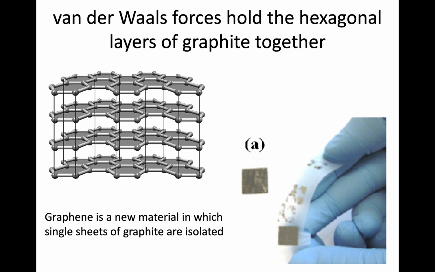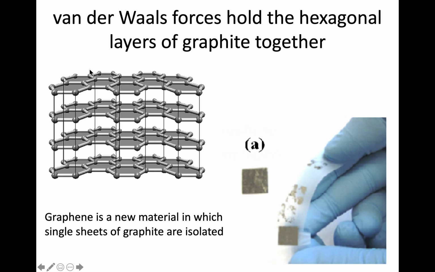All right, so those in-between bonds, these pi bonds from the leftover p orbitals, form van der Waals forces. So those are the weaker bonds between the hexagonal layers of graphite. And so this is actually how, if you've heard of graphene, that's how graphene was created. So basically, they took a piece of pure graphite. So what you see here, this is pure graphite. And then if you put a piece of Scotch tape on it and peel it back,